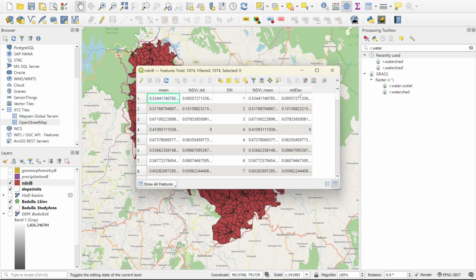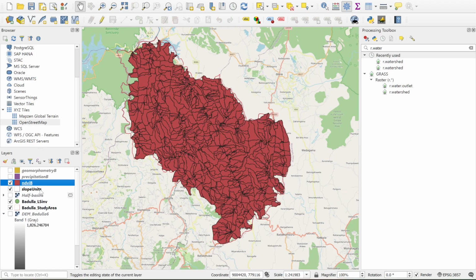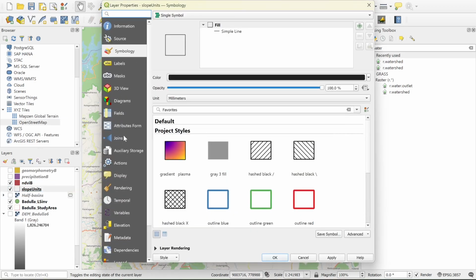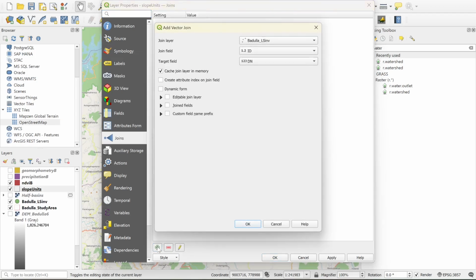So yeah, in the next step we are going to merge these three parameters in the slope unit and prepare one single map containing all the variables. All right, so let's join the table using this slope unit layer. Here I need to select the join, and then using this plus button I can join the tables. I'm going to join these three one by one, right? First of all, let me join the geomorphology one, and the join field will of course be DN, which is common in my target, and then the